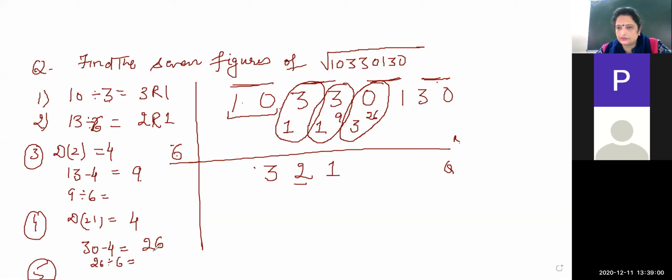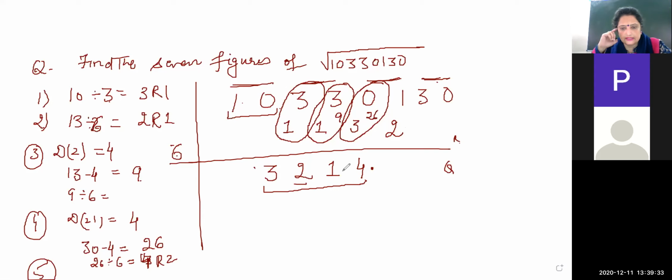Now you will divide 26 by 6. So 6 4s are 24, and the remainder is 2. So here is 4 and here is 2. So, dear, the 4 digits before the decimal have been completed. After this, what will come? The dot will come, right? Yes, clear? Yes, ma'am.